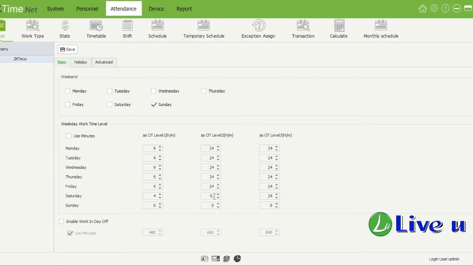Okay, and then if you've worked more than 6 hours on that day, you'll be moved over to overtime level 2. Right, so if you've worked more than 4 hours, you'll be on level 1. If you've worked more than 6 hours on Saturday, you'll be moved over to level 2. And then level 3, if you've worked more than 8 hours on Saturday. So over here, it will display like this on your report. Someone who works more than 4 hours on a Saturday will get overtime 1. Then if they work more than 6, overtime 2, and then obviously overtime 3 if someone worked more than 8